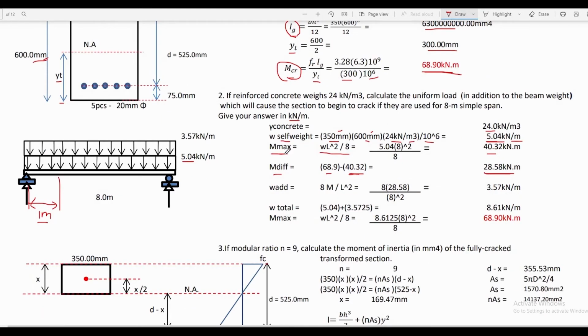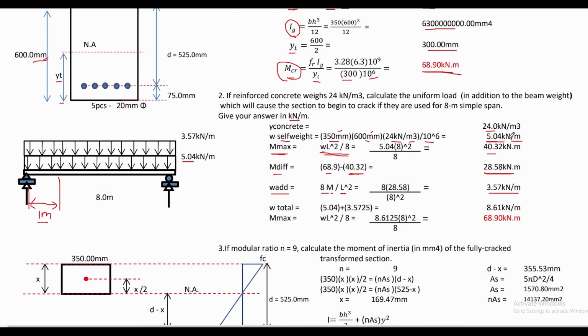Then from the simple formula, M max is equal to WL square over 8. If M is given, we can solve for the value of W. That is what we are going to do here. We can solve for the additional weight that the beam can carry by using this simple formula. So we can replace the value of M and L in our equation, and that is equal to 3.57 kilonewton